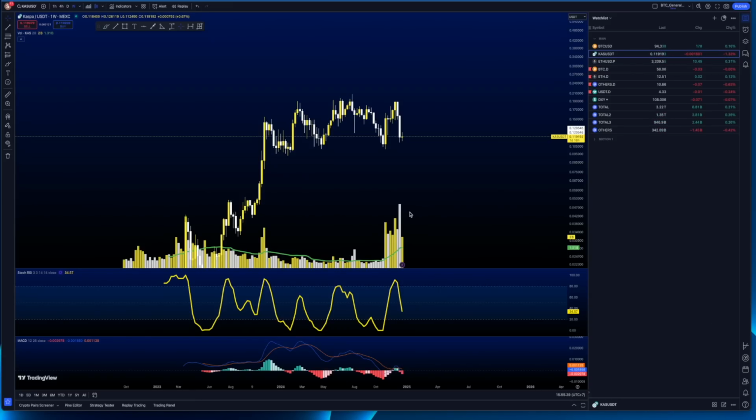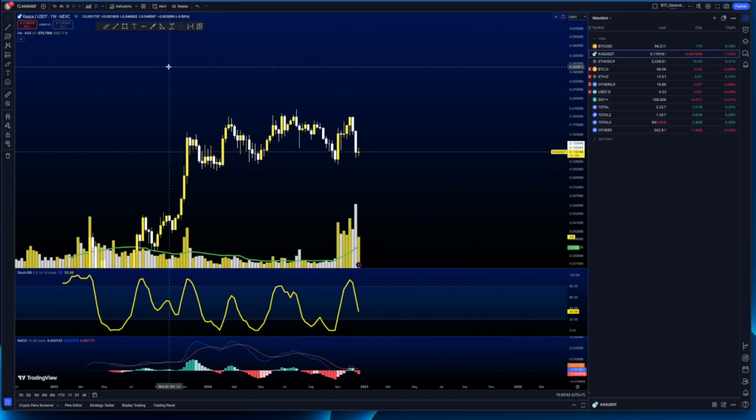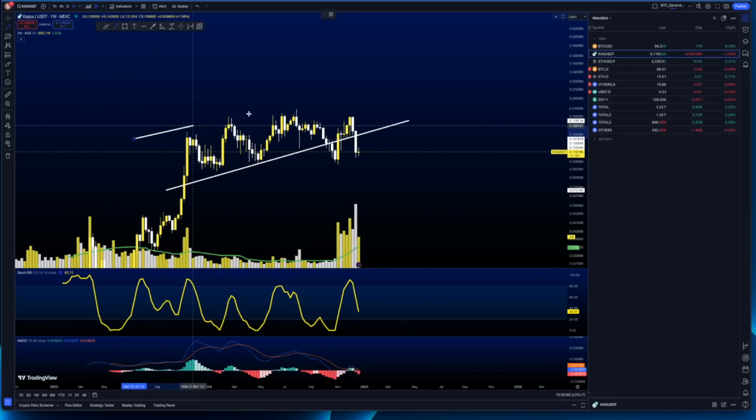And now, ladies and gents, I have cleared out the chart for Kaspa. I like to do it every now and then in order to maintain, let's say, sanity and avoid boredom, okay? But I actually have noticed something on the chart, right? So before, we've been basically having this situation with Kaspa. Well, we kind of still have it, right?